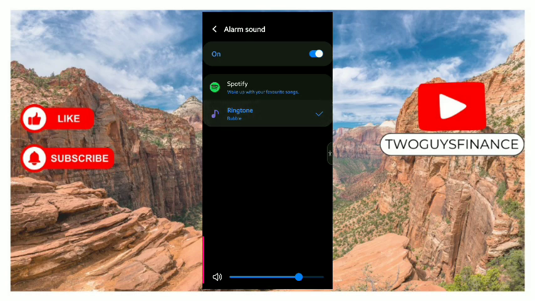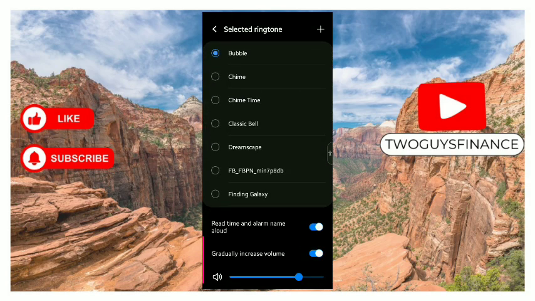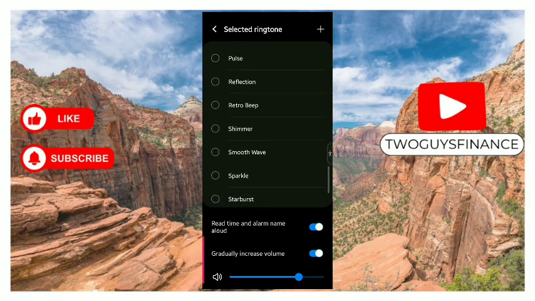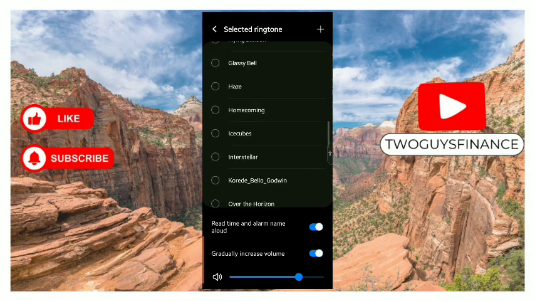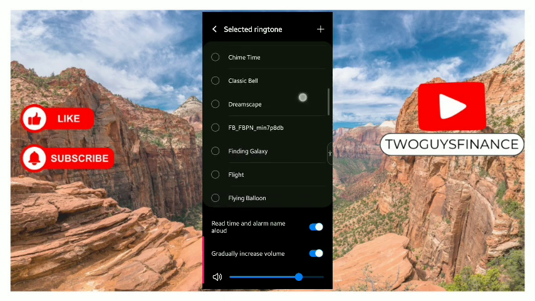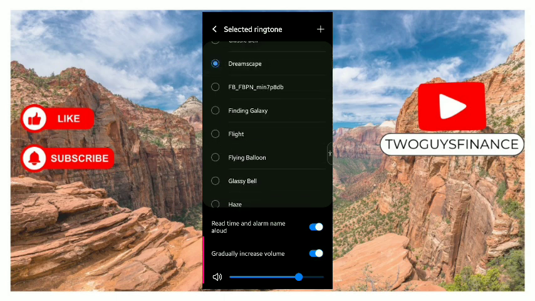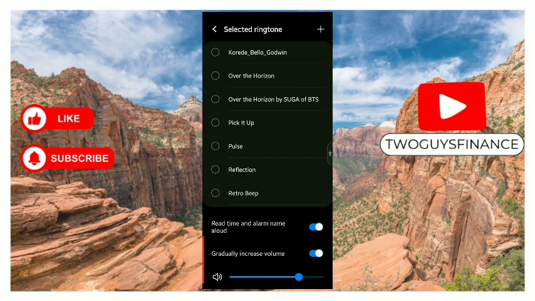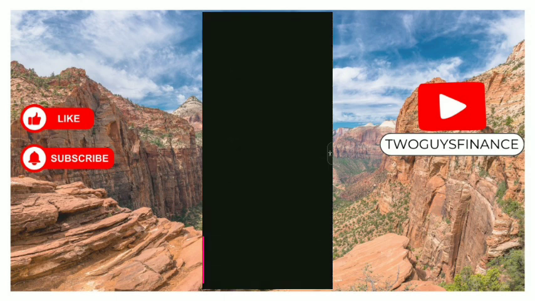So you tap on the ringtone, and you have all these options over here. You can decide to choose whichever one you want. So let us say I want to use, instead of bubble, which is the normal one, I want to use dreamscape. So I tap on dreamscape, and then once I'm through, I can decide to even add more ringtones by tapping on the